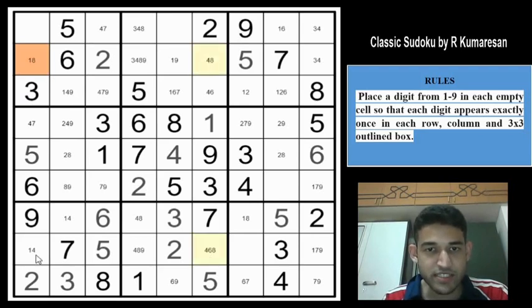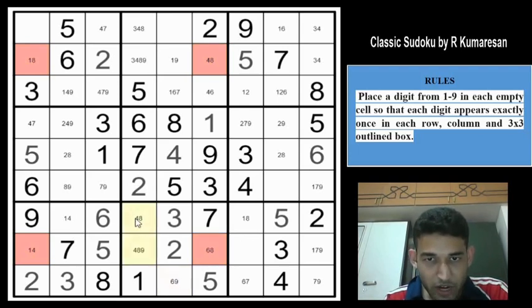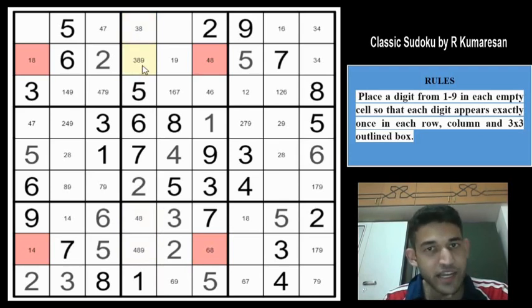So these 4 cells had the Y-wing, right? So we can eliminate the 4 from here because that would force an 8 here and a 1 here, and there is no candidate left here. Which means that this cell cannot contain a 4, right? Great. So 4 would have to go in one of these two cells in box 8, and that means we can eliminate the 4 from these two cells. So we have a 3, 8 and 3, 8, 9 now.